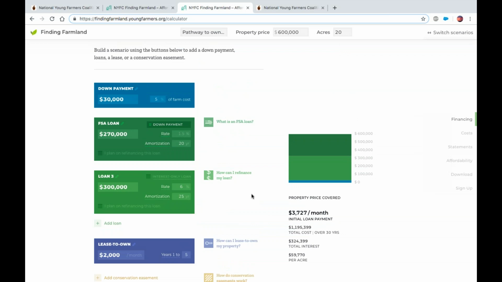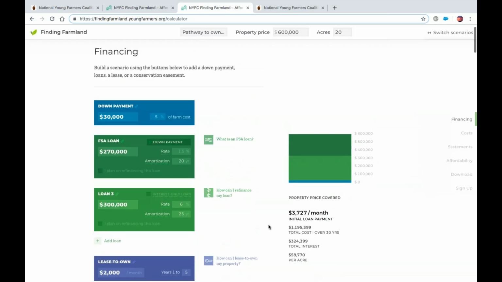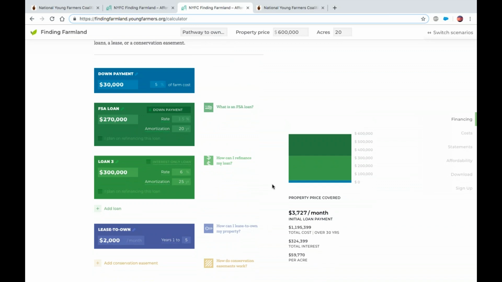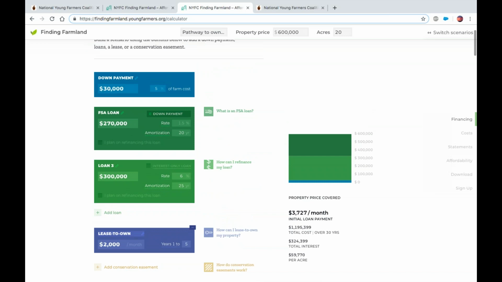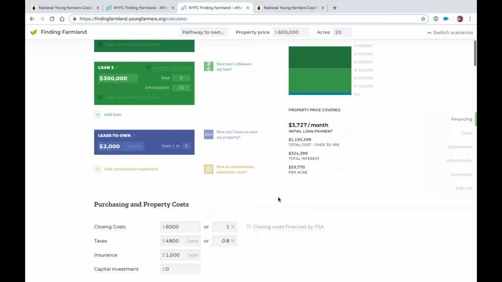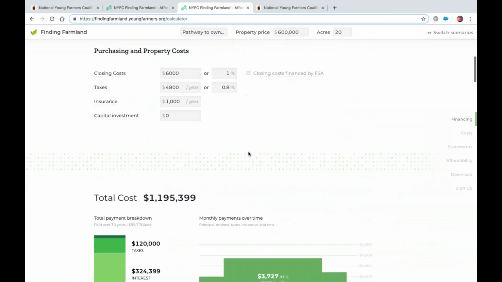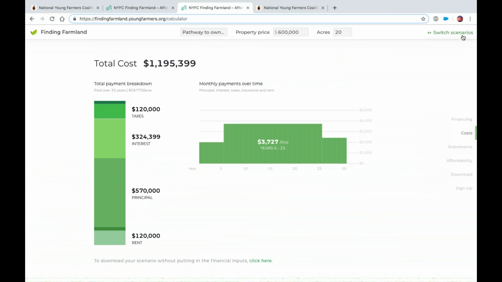You guys could tell me if that's reasonable wherever you are in California. I was recently in California and learned that there's a lot of unreasonable sounding prices out there. So you'll have to do this with your own reality in mind. But the idea here is that we have 5 years on this property, and in that 5 years, you'll be able to grow into your business a little bit more. Let's just look at the cost just for comparison's sake.